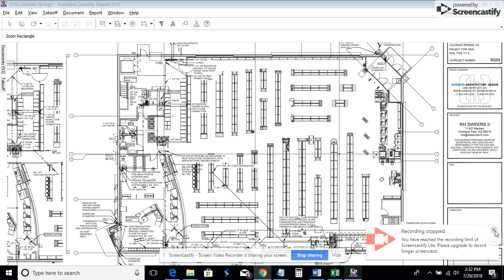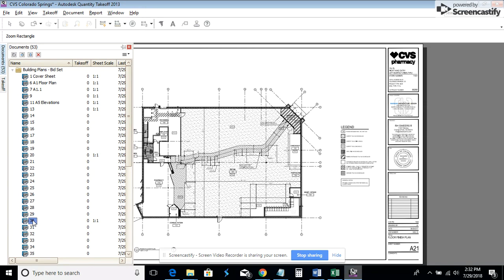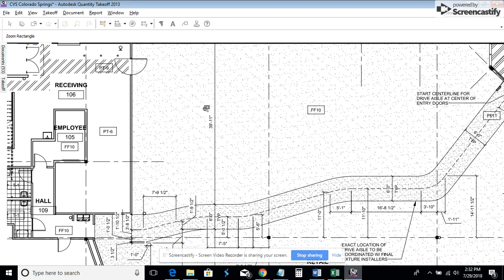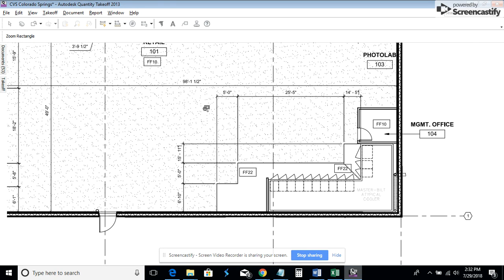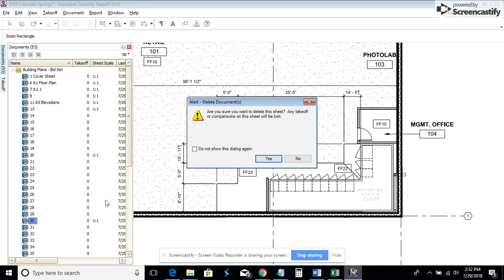So now that we've gone through that, you would continue to delete, in this case, anything that's not structural or architectural. So this one is the floor finish plan. This one shows you where everything is going to be located. That's why you tend to have, say, in Walmart, the electronics in the same sections and the automotive in the same areas. But we don't need this one,